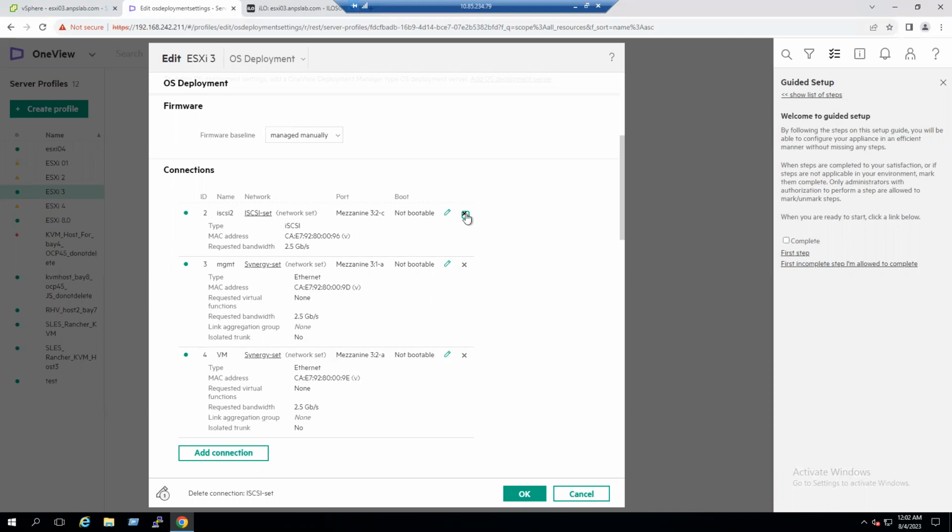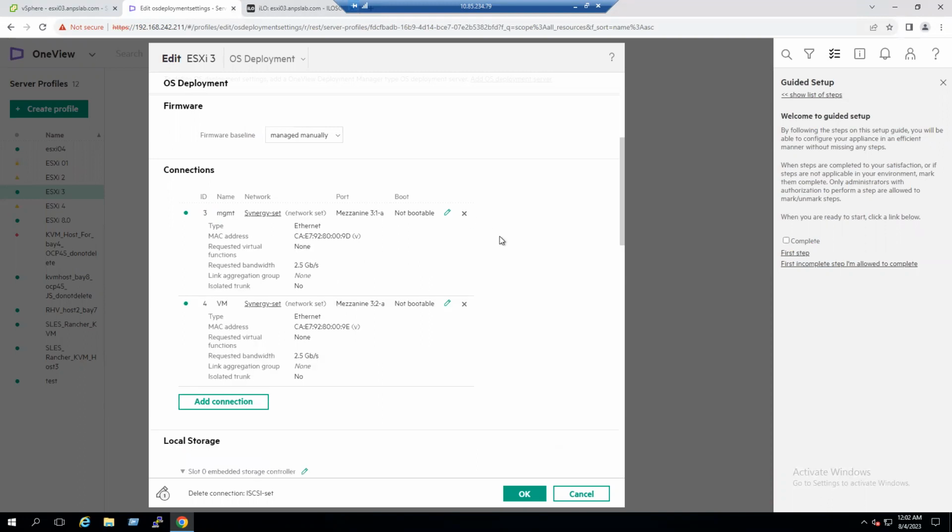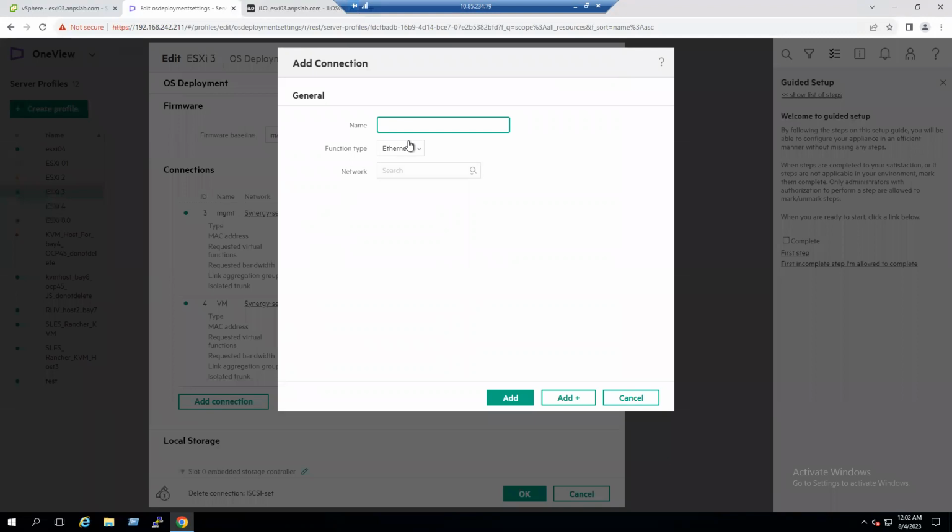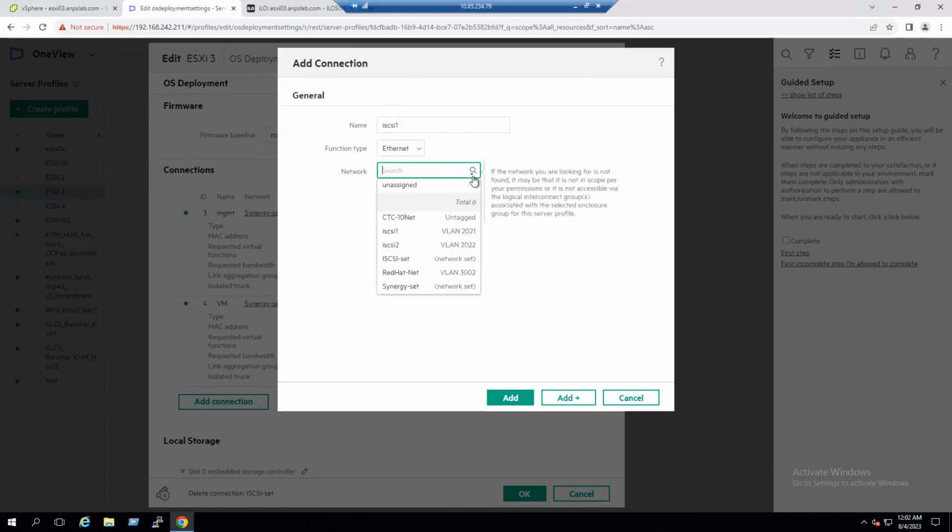So now click on close. Okay, two iSCSI connections are deleted. That means HBA card connections are deleted. Hardware HBA is deleted. So now click on add connection. We have to make the two iSCSI connections as Ethernet connections. So type iSCSI 1 and we have to choose that function type. Function type as Ethernet,